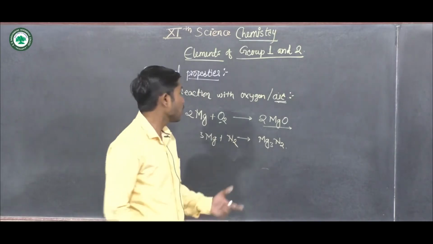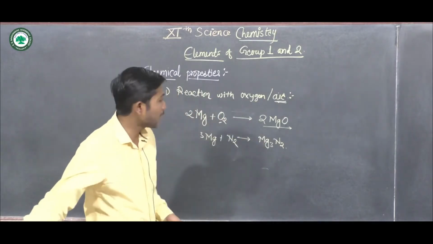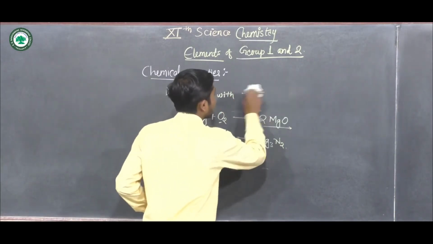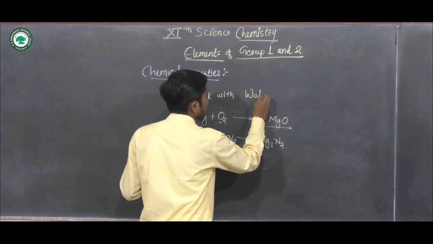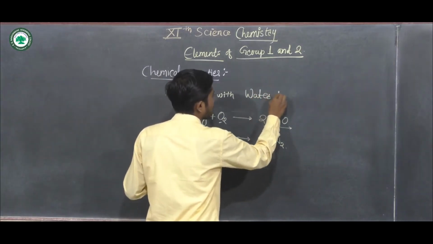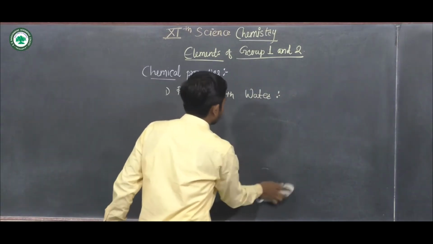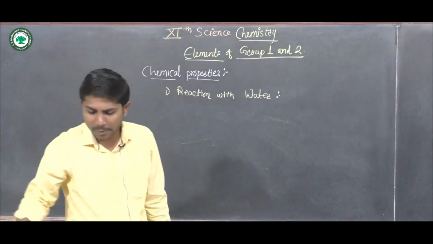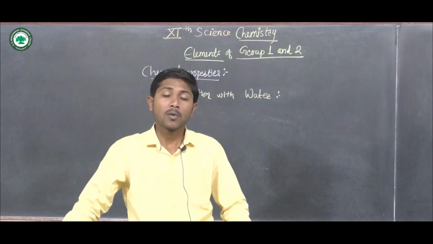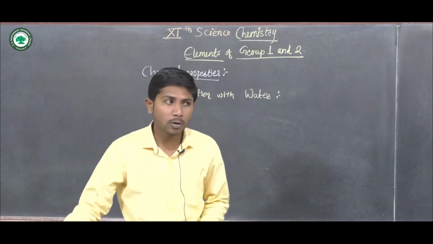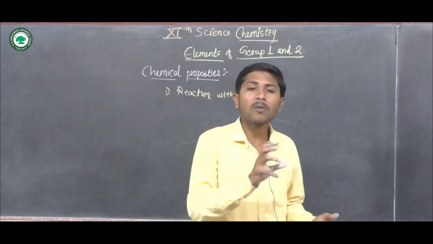This was the reaction of group first and group second with the oxygen. Now, the reaction of these group first and group second elements with water, we can say, as we are discussing, they are highly reactive. That's why when they react with the water molecule, the water molecule decomposes and there is a formation of metal hydroxide,